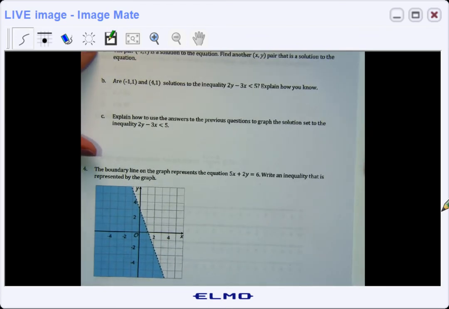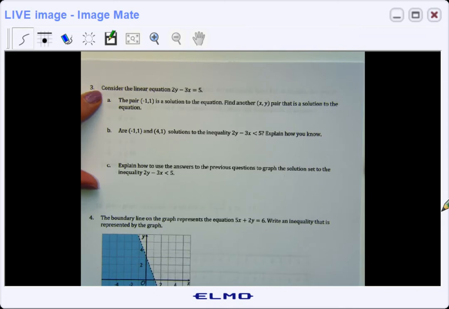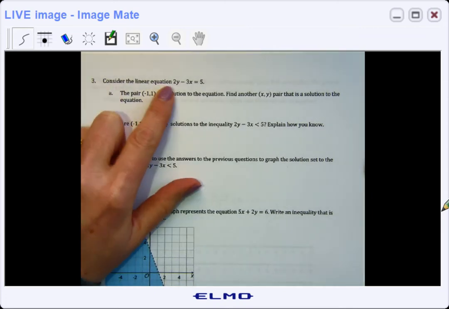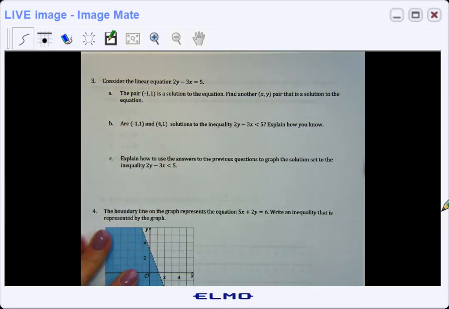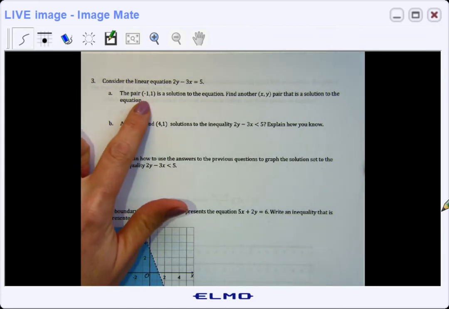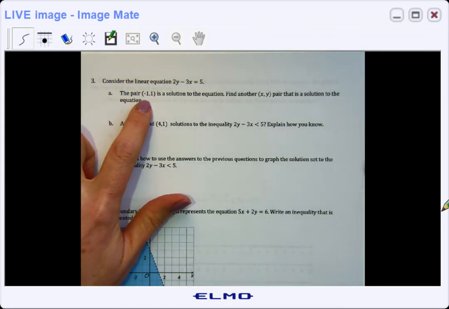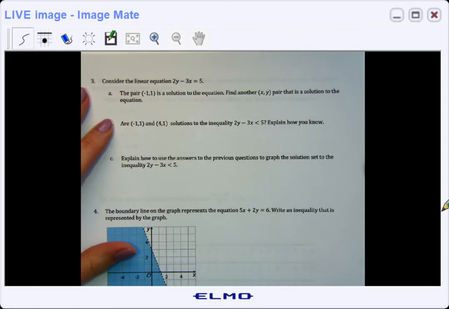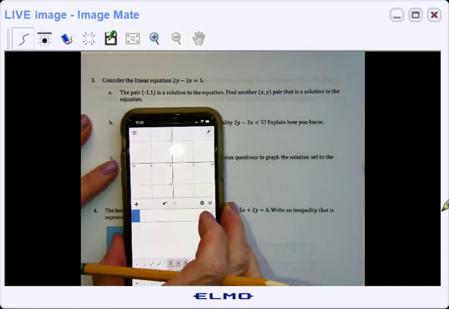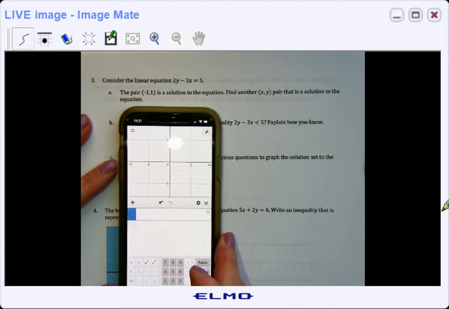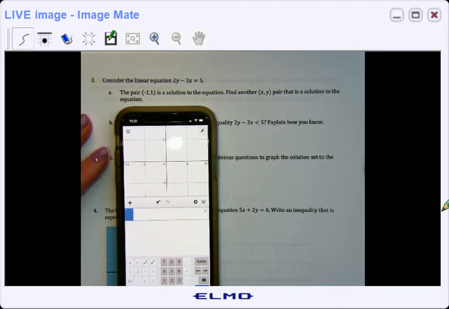Okay, the next problem. Consider this linear equation. 2y minus 3x equals 5. Now, it says negative 1, 1 is a solution to the equation. And then it says to find another xy pair. So I'm going to put that onto the graph. So the equation is 2y minus 3x